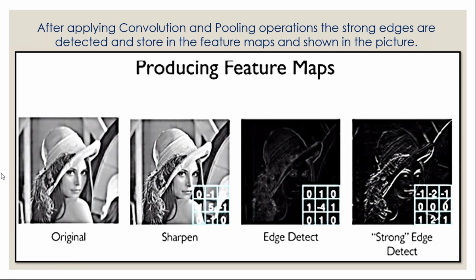So these operations I'm going to apply in convolution and pooling. So what do convolution and pooling generate? Strong edges. Here the strong edges are detected and stored in the feature map, right? I think you have understood everything. Why convolution here? So now the features are ready. See here, my features are ready. So what do you have to do? You apply a fully connected network. What is the next step? My features are ready, so you have to apply a fully connected network, right?